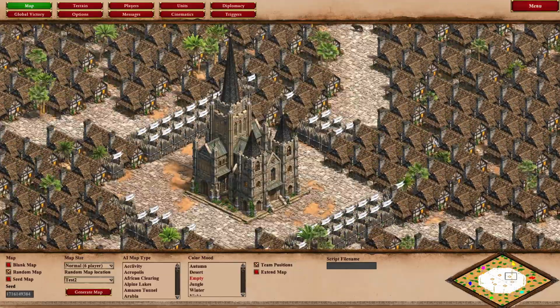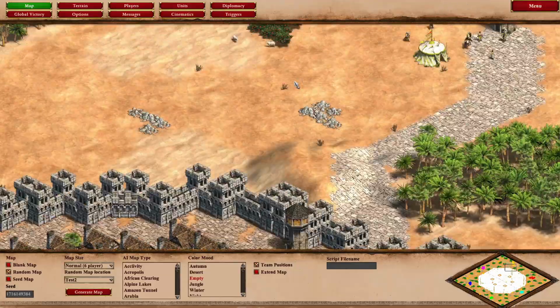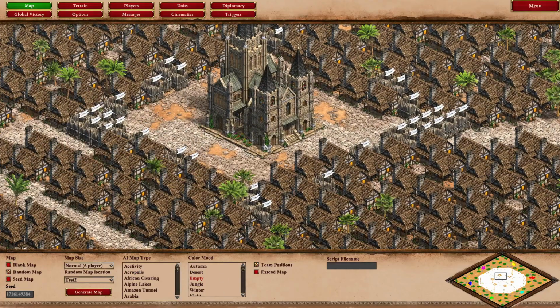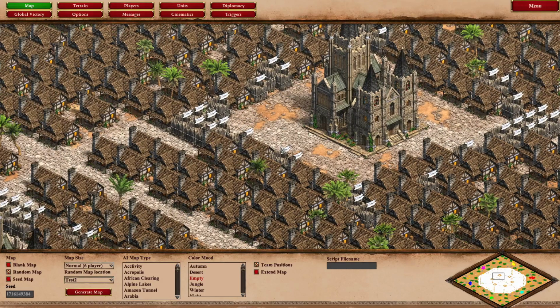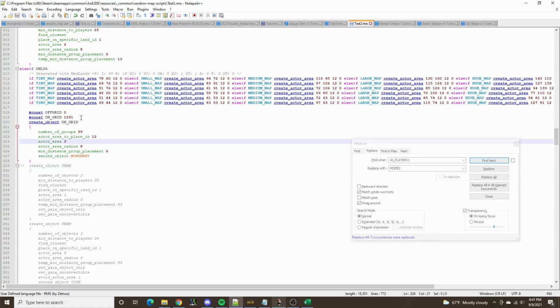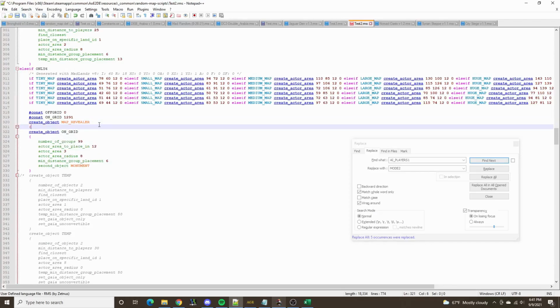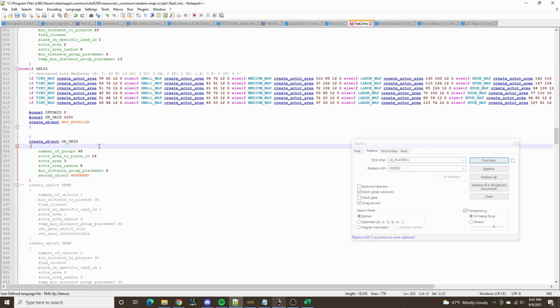So that was nice, but also keep in mind that these monuments are supposed to have map revealers around them so that players can be aware that they exist as soon as the game starts. So when we are going to try to do that, we will say create object map revealer. It's going to be basically the same thing